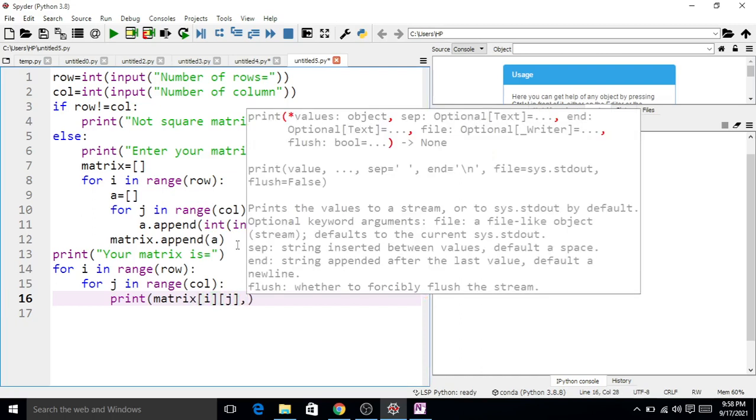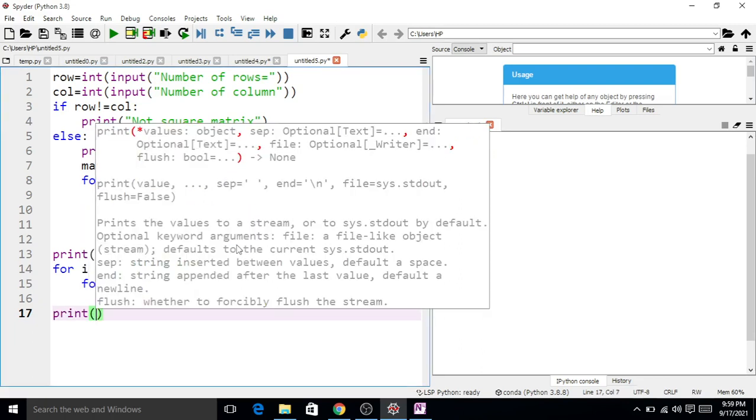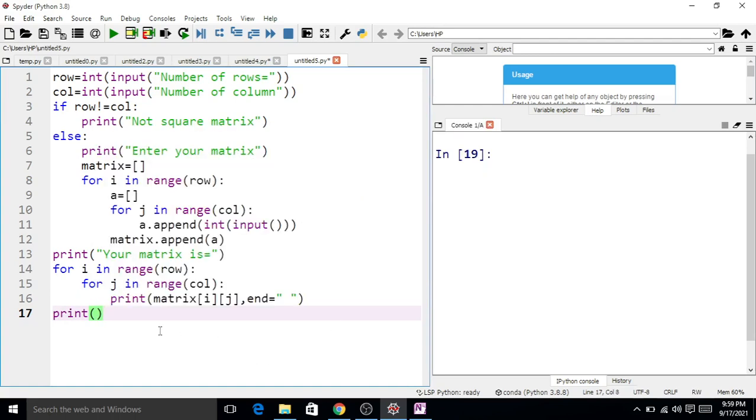Again we want to display a space after each element, so end equal to a space. Now after each row we want to insert a new line, so print new line.